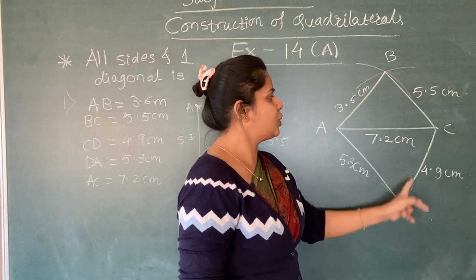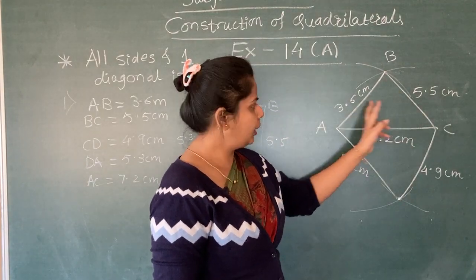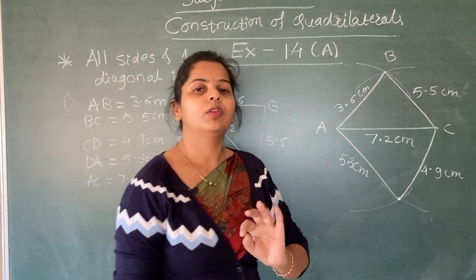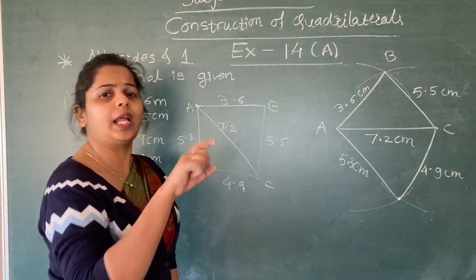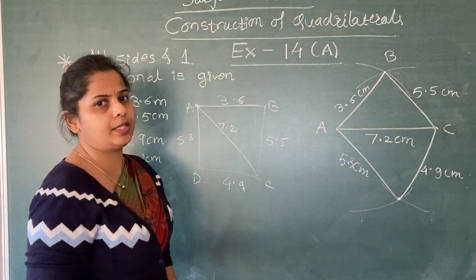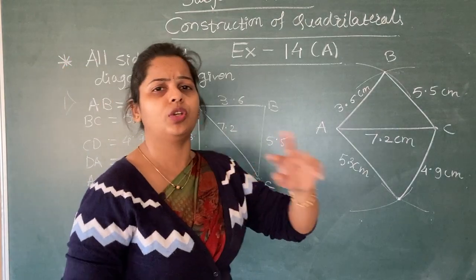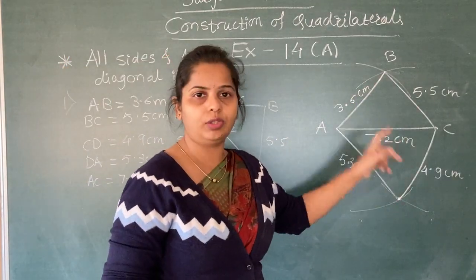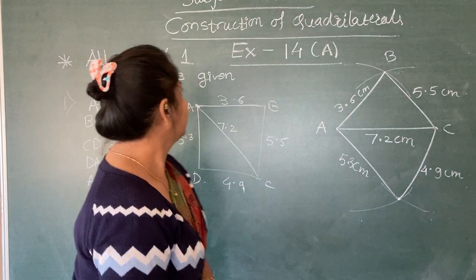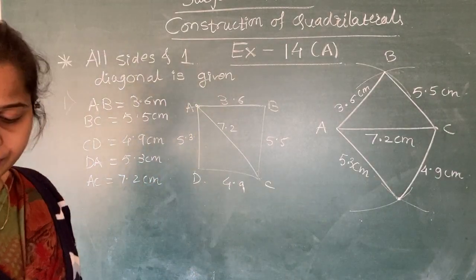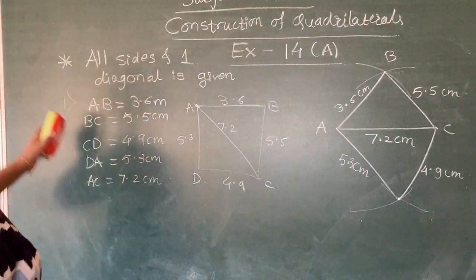You can see there is a difference between the main construction and the arcs. It can be highlighted that the arcs are filled. Okay, do not rub the arc, draw it only once. That's it, because your main construction is not an arc but the lines or the quadrilateral. Clear? I'll take one more example from this exercise.